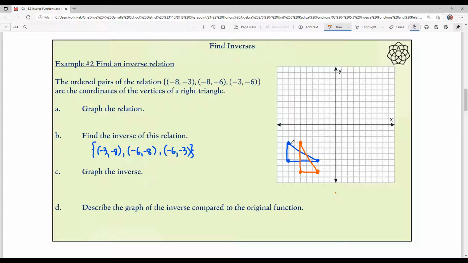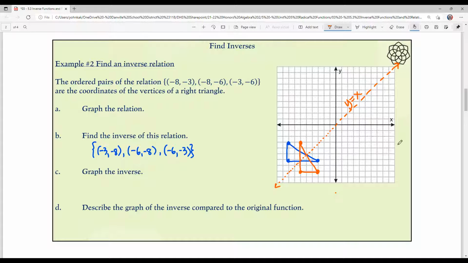Well, notice, kids, that they seem to be kind of a reflection. It looks like you flip it a little, you turn it a little, you translate it a little. Here's the cool thing about inverses. If you were to draw this line right here, and then we can extend it this way as well. Every time you graph an inverse and its original function, it's always going to be reflected over the line y